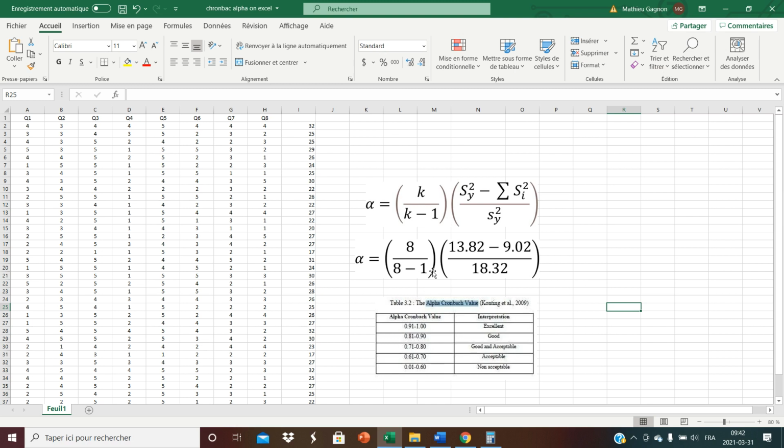Donc, le Cronbach d'alpha peut être fait sur SPSS, sur un autre programme qui s'appelle JASP, tout ça. Je présuppose pas que vous avez accès à ces programmes-là. Il peut peut-être même être fait sur un calculateur en ligne, juste sur Google. Si vous tapez dans Google Cronbach Alpha Online Calculator, je parie que vous pouvez en trouver. En fait, je sais que vous pouvez en trouver parce que j'ai déjà vérifié, mais je vais utiliser Excel ici. C'est la chose la plus simple. On a tous accès à Excel.